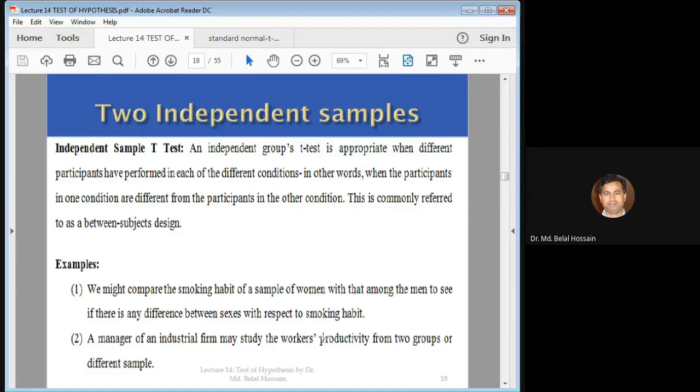We might compare the smoking habit of a sample of women with that among men to see if there is any difference between sexes with respect to the smoking habit. If you take a random sample from the women and again take a random sample from the men to say whether there is any difference as regards smoking habit, then these two samples should be different. Okay,